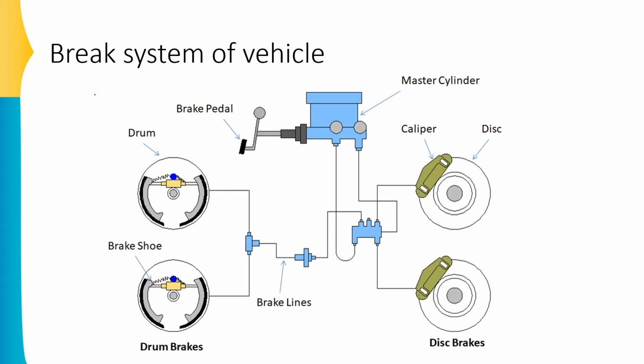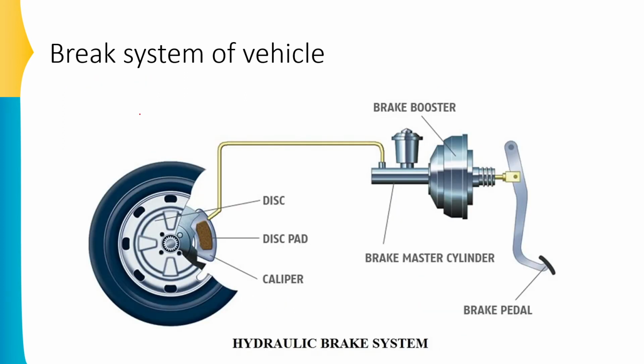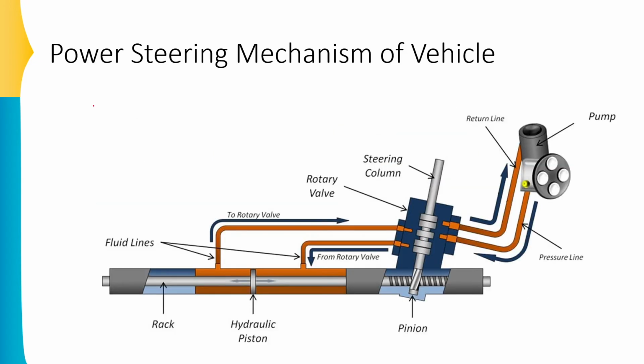The second thing: in the four-wheeler we also use a similar mechanism for power transmission. The braking system of the four-wheeler looks like this. Whenever you press the brake pedal, a brake booster supplies pressure to the fluid, and the fluid is transmitted from here to this specific area. The power of the fluid is transmitted through this pipeline, and ultimately the brake is applied.